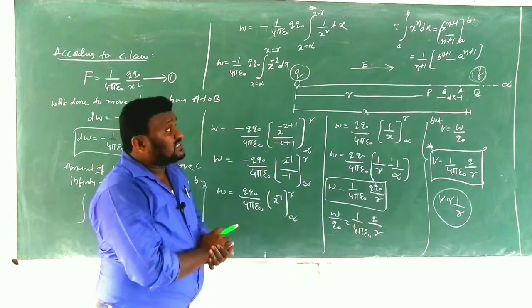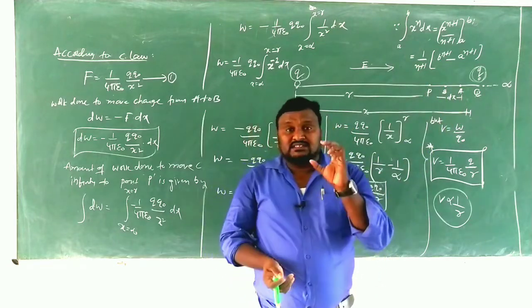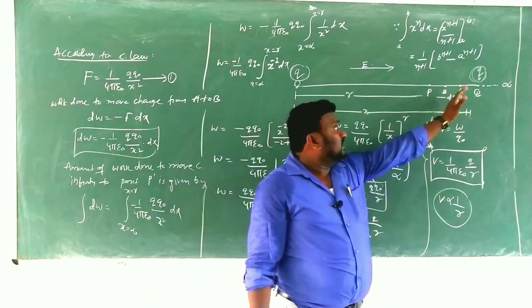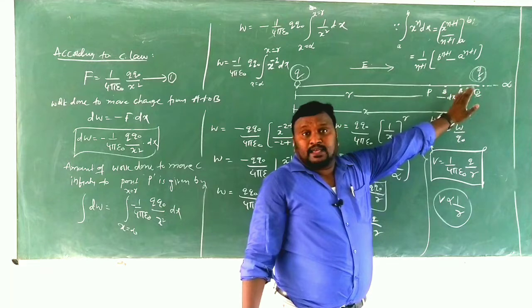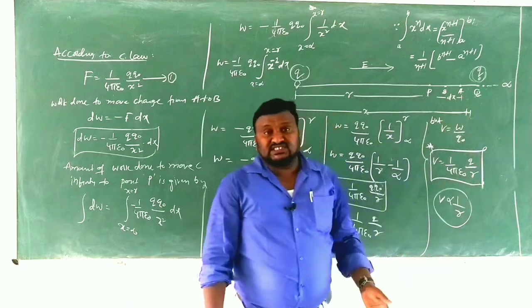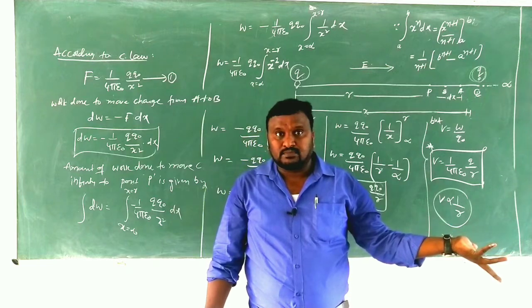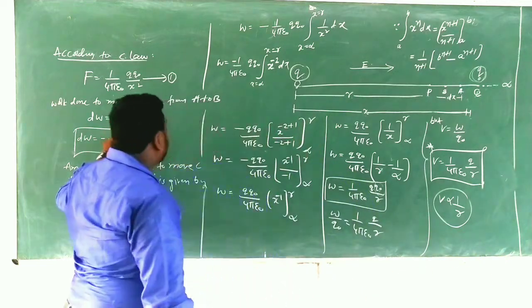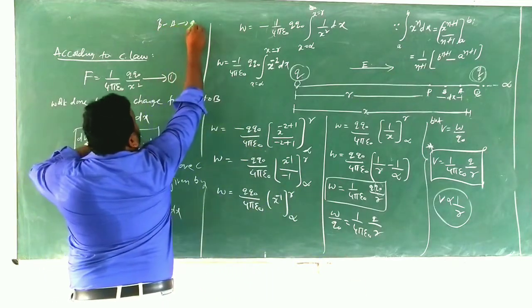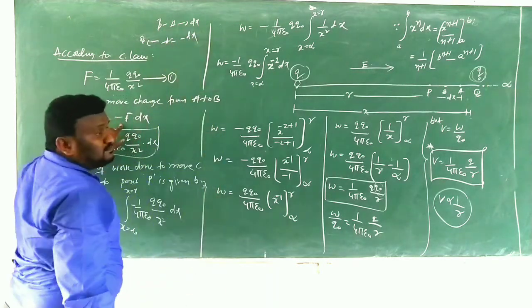After that, we have selected two more points, A and B. The distance between A and B is taken as dx. If we take the position vector, B to A is dx. Then A to B is minus dx. Why we are getting the minus means here simply we will take B to A as dx, then A to B we will take the position vector as minus dx.